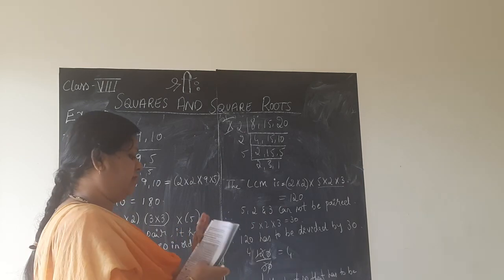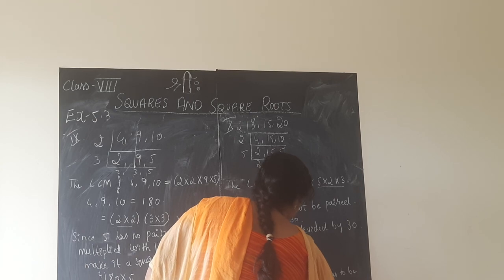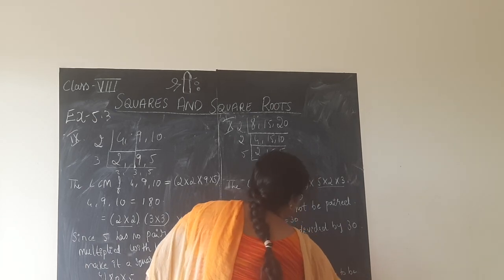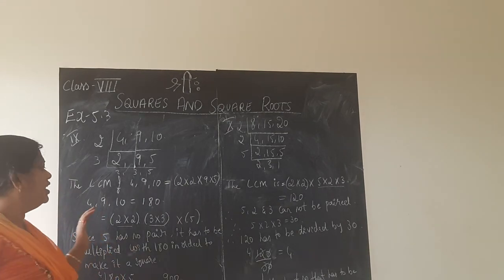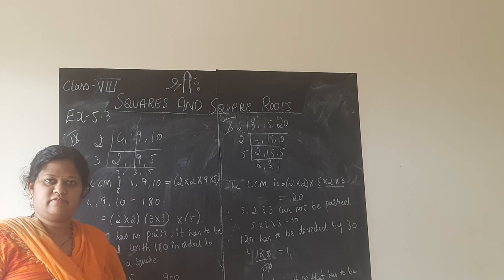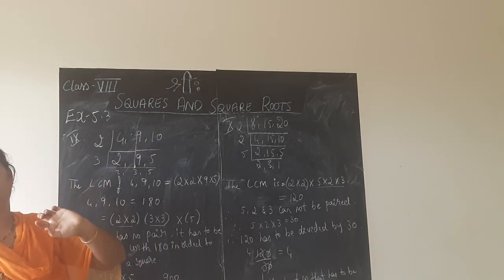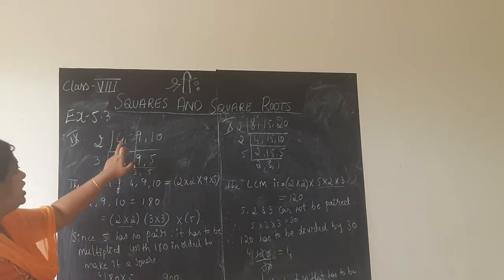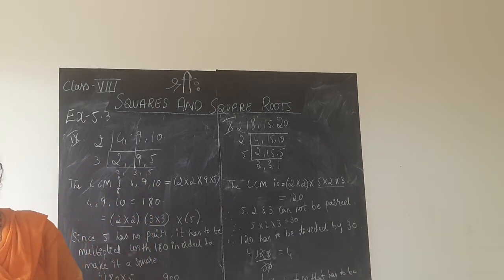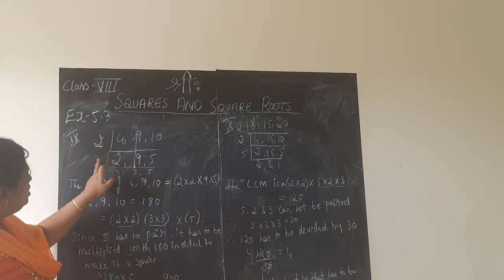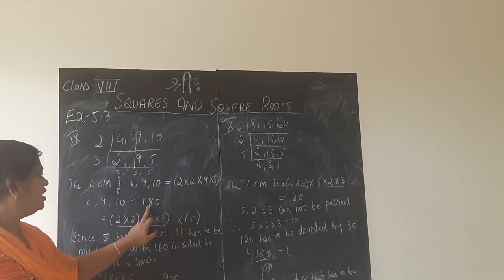What is the question? You write the least number that has to be divided by each of 8, 15 and 20. You will end the problem. So, I will tell you what we did on 9th and 10th once again, children. Please don't get confused. What we did is, 3 numbers were given and we were asked to find out the least number that has to be multiplied by all the 3 given numbers in order to make it a perfect square.